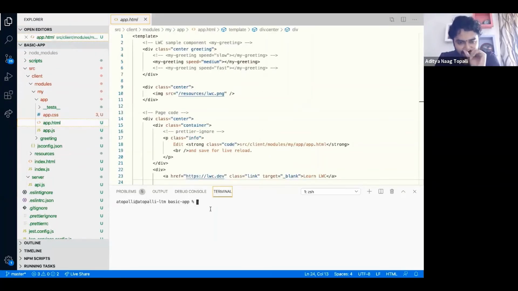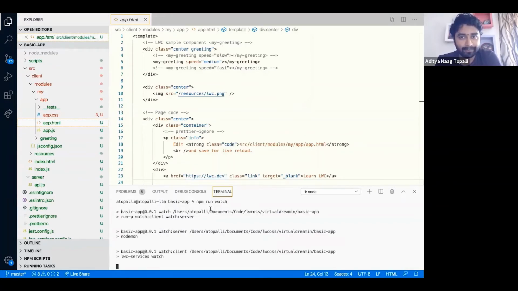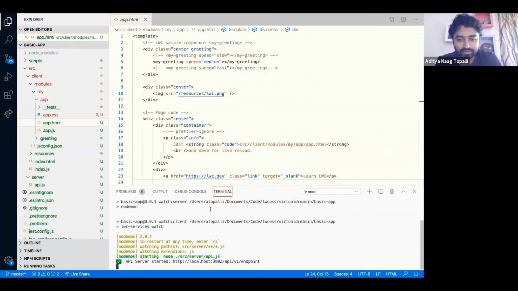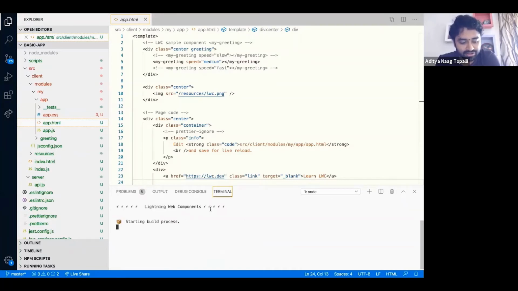What I'm going to do first is, I've shown you the folder structure, but how do you run this app and check the output? For that, there is this command called npm run watch, which you run. What it does is it creates a local dev server for you using Webpack, and it opens up the thing in the localhost. The advantage with local development is that any changes that you make here in the source code are automatically reflected in your browser on refresh. So it completes the build process, takes like 5 to 10 seconds. Hopefully it should work. And the local server is listening to